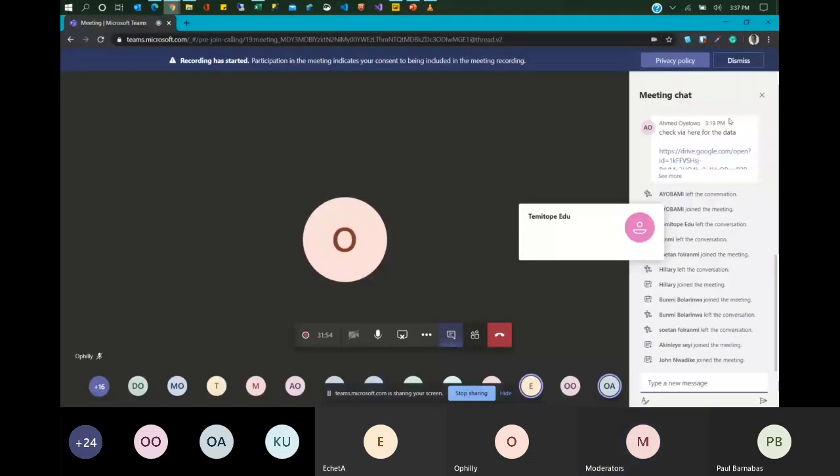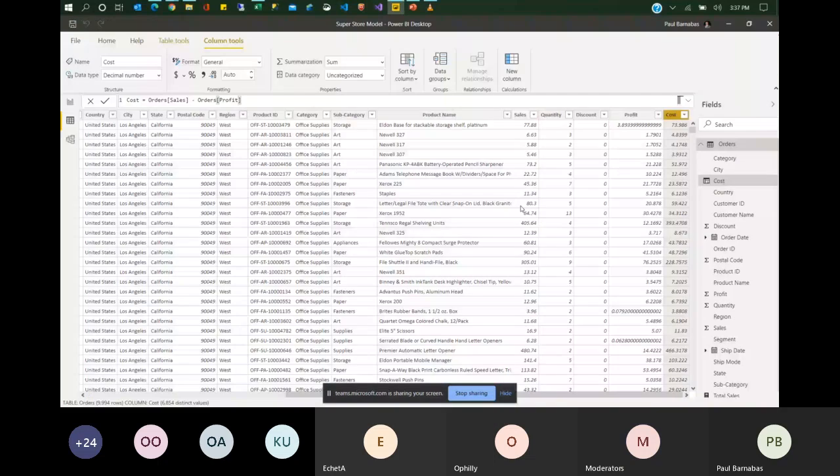So as I was explaining, when we created this calculated column and we said do a subtraction of profit from sales, it was evaluating each row and carrying out that calculation. And it did it for each row until the end. And that is where we have the row context happening. So we have the row evaluation context when we are creating a calculated column, then we have the filter evaluation context when we create a measure. So try and understand those two fundamental things and the way they work.